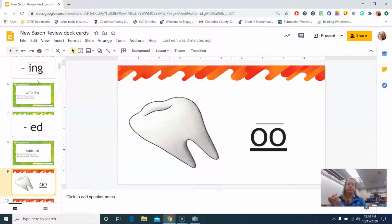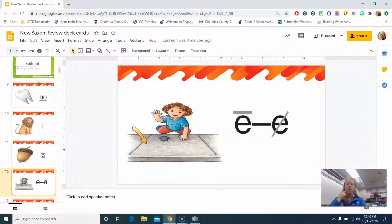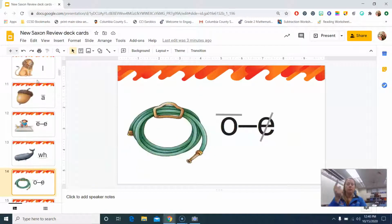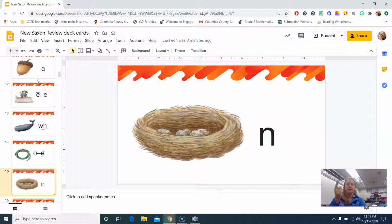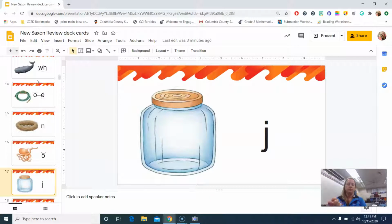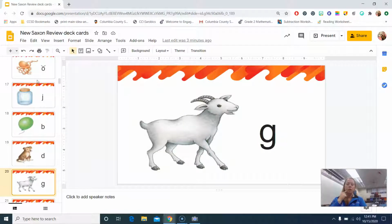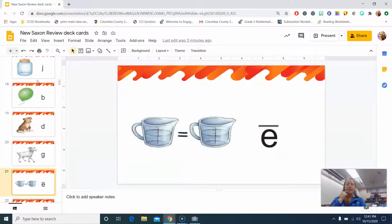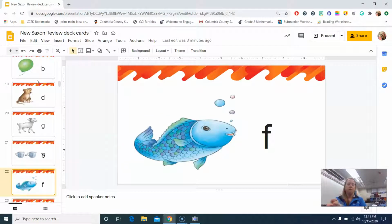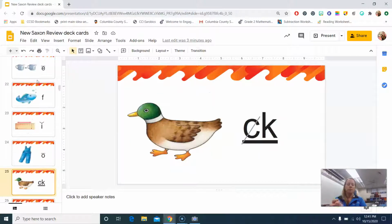Tooth, line, acorn, a, concrete, whale, hose, o, nest, octopus, jar, j, balloon, b, dog, d, goat, g, equal, e, fish, inch, i, overalls, o, duck, k,